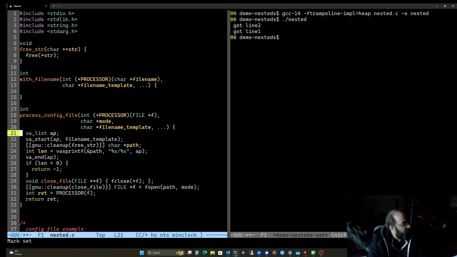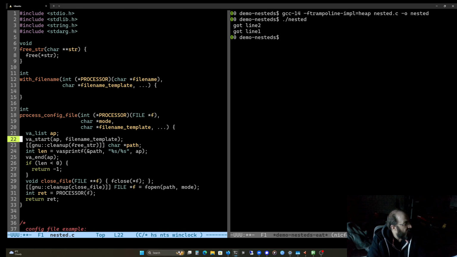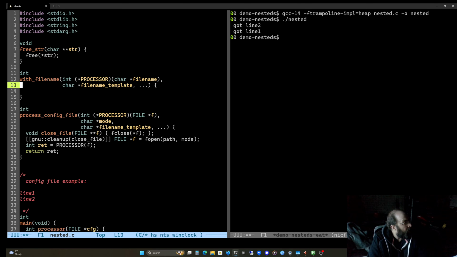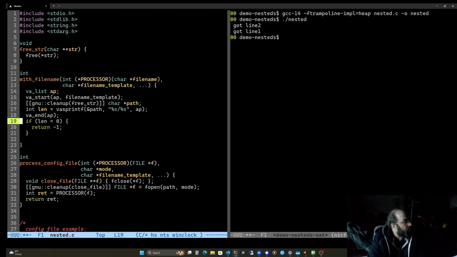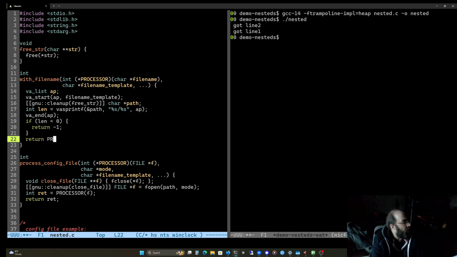So let's lift the VA stuff from here. Okay, like that. Okay, so now we've got the ability to do with file name. Okay, perfect.